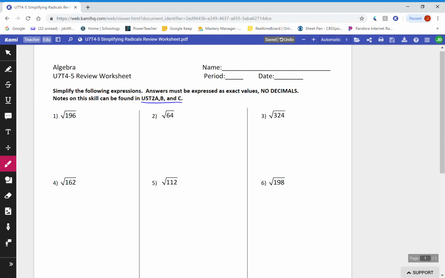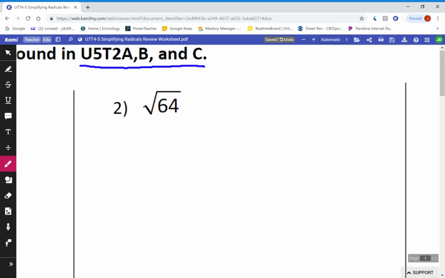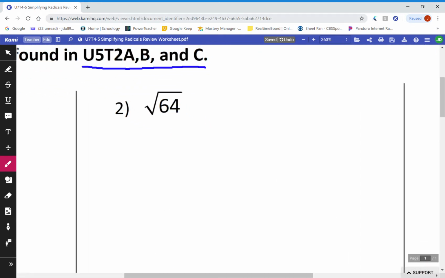So let's start off with number 2 here. So we have the square root of 64, and we need to simplify this. Now, the issue we have with simplifying this as it is that the root of 2 and the power of 1 do not cancel each other. That's the bottom line, the main issue. The only way we're going to cancel and simplify a radical with a root is if the power underneath is the same. So essentially we have to rewrite 64 so that it is something